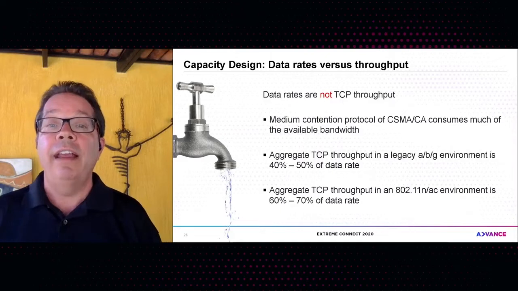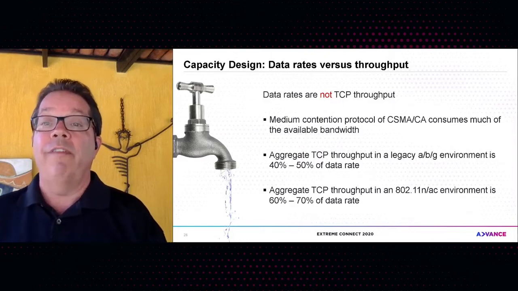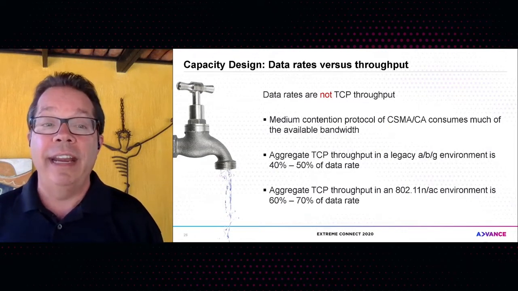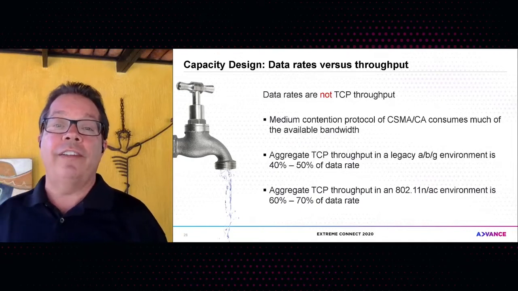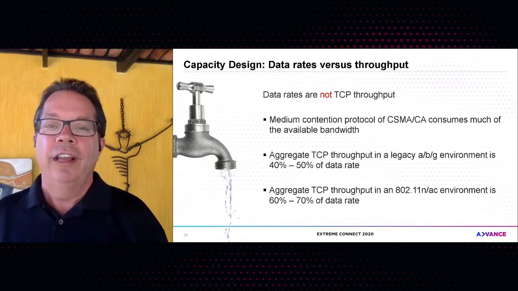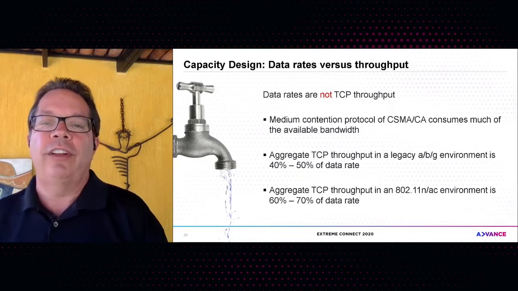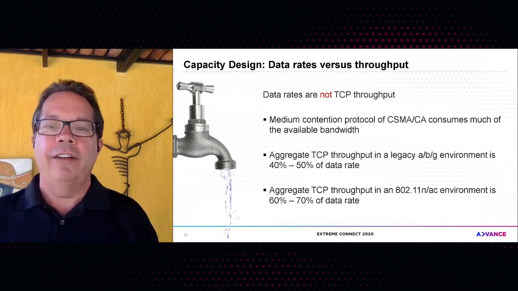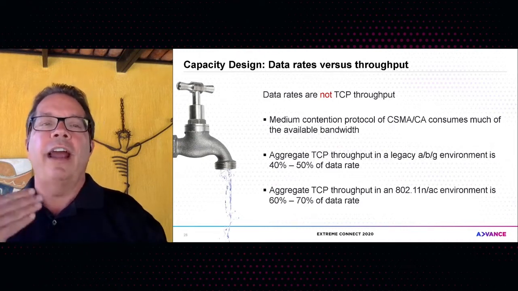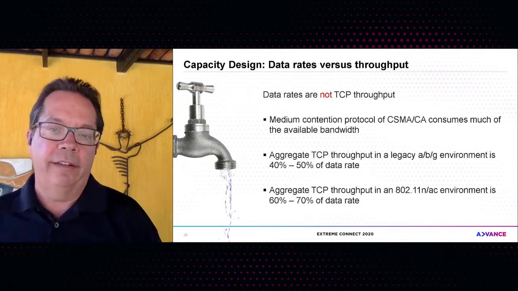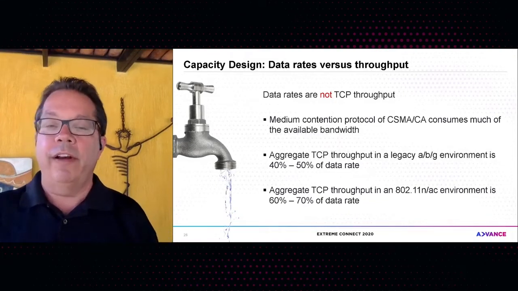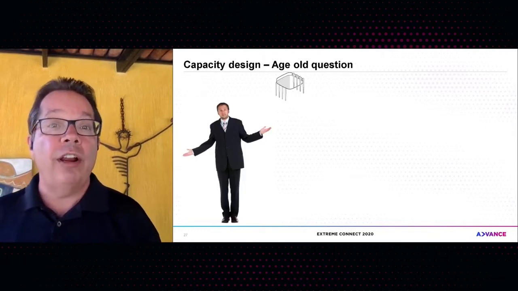So even in today's environments of 802.11n and AC, your aggregate TCP throughput might be 60 to 70% of the data rate, but that's in pristine RF conditions or laboratory conditions. The medium contention protocol consumes a lot of the bandwidth. So a good rule of thumb is just this. Whatever your advertised data rate is, you can consider that your aggregate throughput is going to be about half of that. Okay, and remember, I also said aggregate because not all devices are created equally, and it's a shared medium,